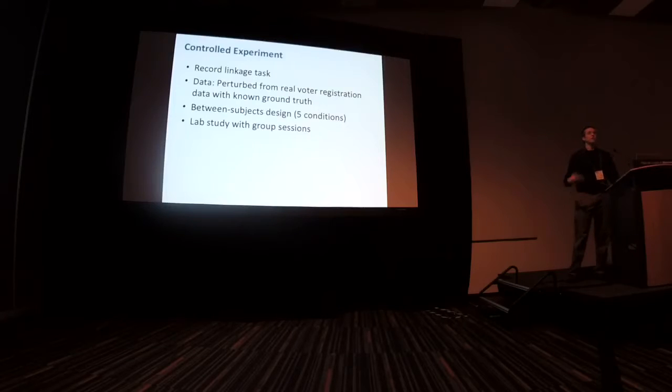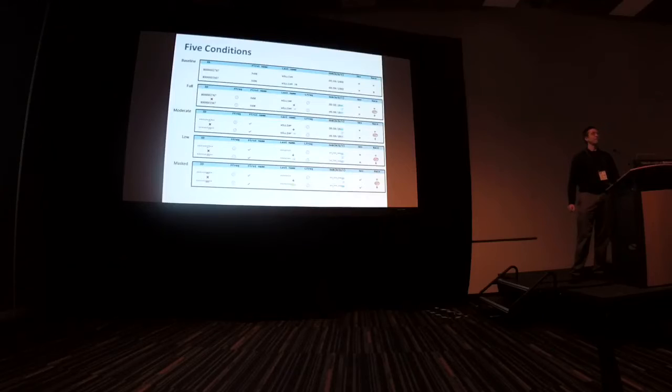So to do this, we of course had people do a record linkage task related to this application, where we used data that was perturbed from publicly available voter registration data that we modified to suit our research question, but in a way that we had ground truth for that data set, so that we know, in consultation with experts, if these two records and our sets of pairs of people would refer to the same person or different people. So we did this as a lab-based study that was done between subjects where every participant did one of